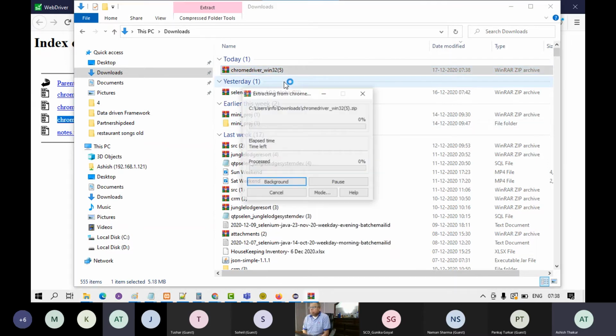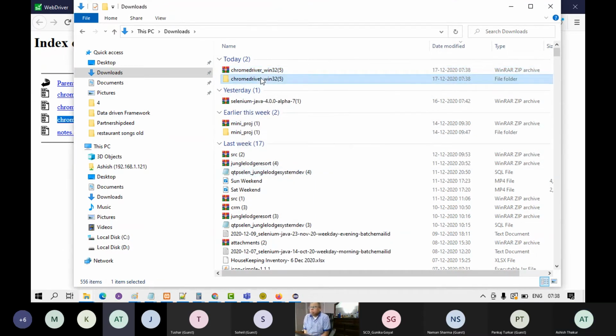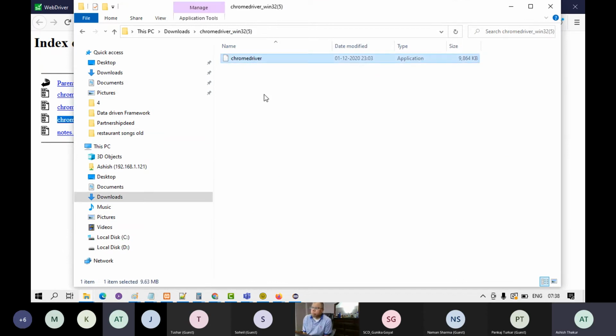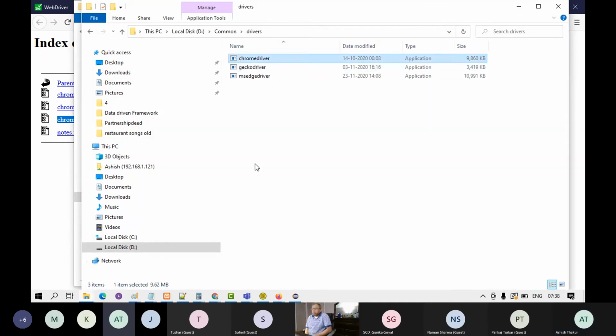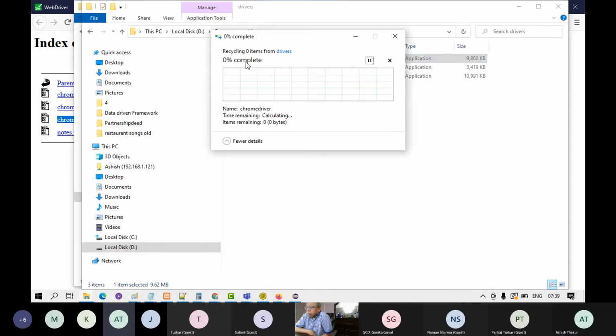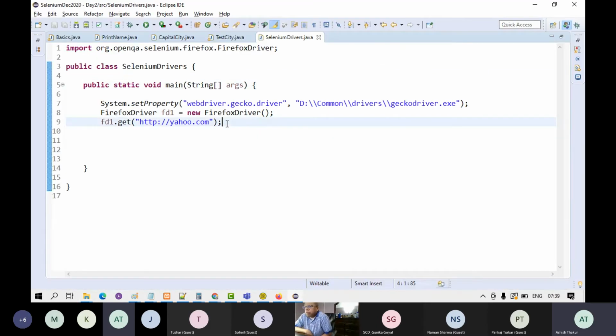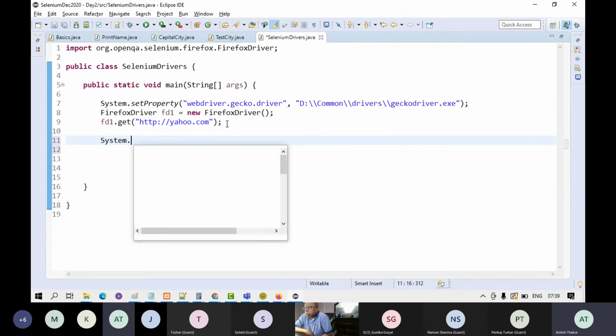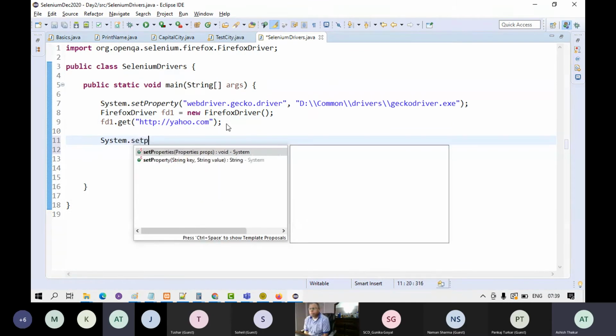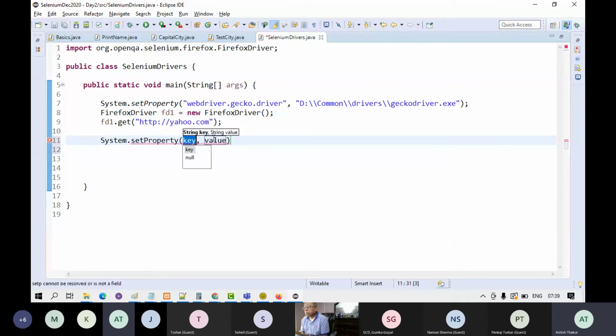So I will extract it, and this is the Chrome driver exe. I'll copy it in my drivers folder. Just a minute. So basically this exe has to be used in case of Chrome. And all you need to do is write the line System dot setProperty. In case of Chrome, it is,